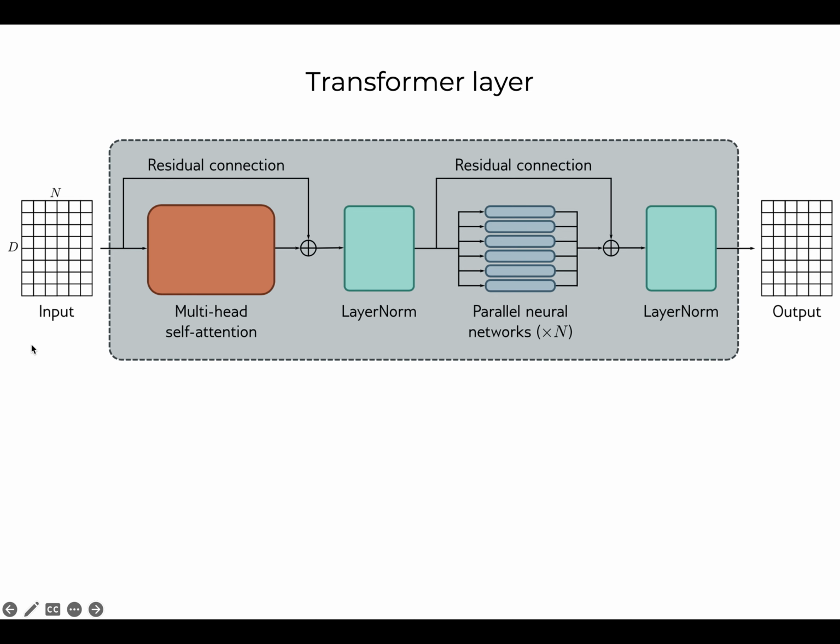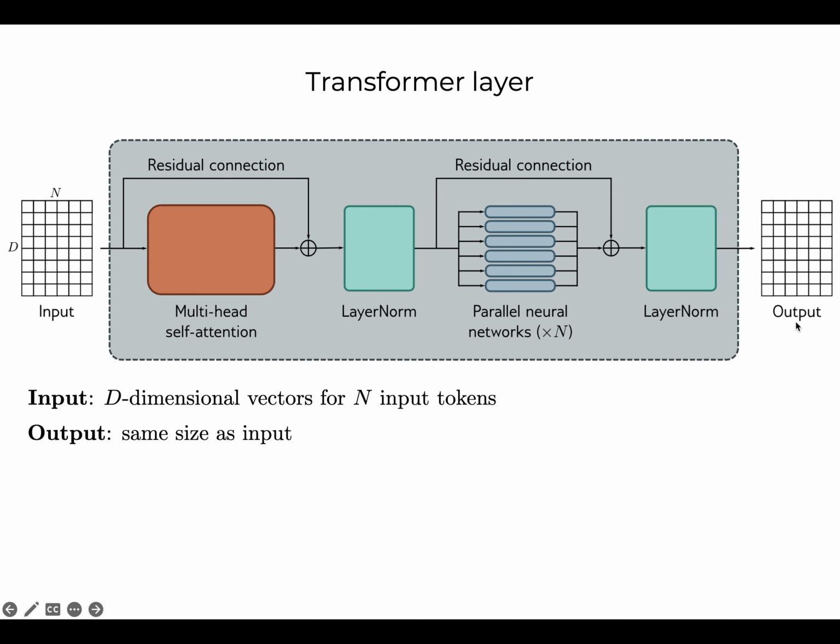So a transformer layer takes as input a set of d-dimensional vectors, so n input tokens. We can represent that as a d by n matrix. And the final output is going to be the same size as the input. So what happens inside this transformer layer? The key bit and most of the work is done by this multi-head self-attention. So remember, this is just a group of self-attention layers that are applied independently in parallel, and then their outputs